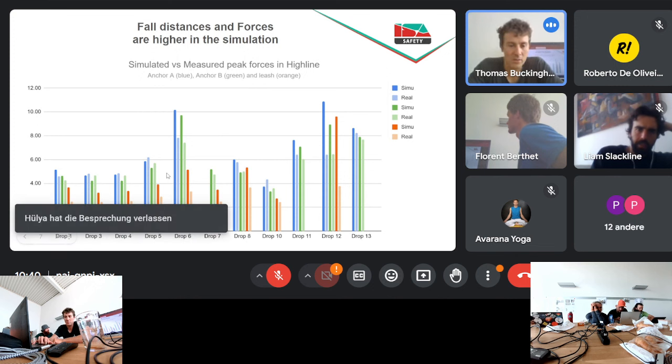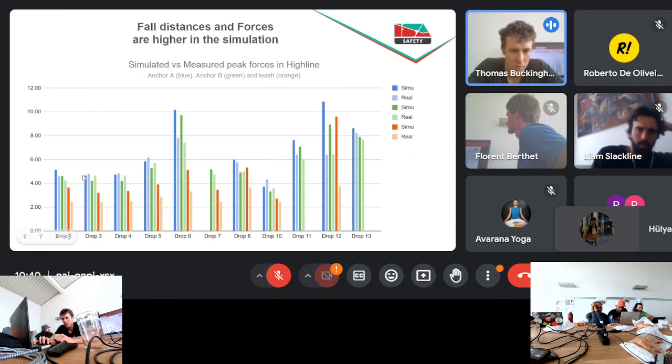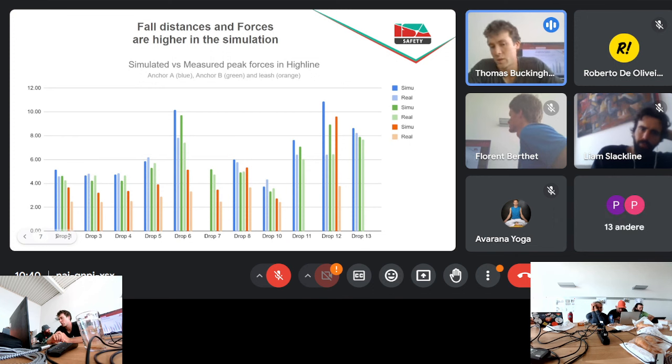You can see that in almost all cases, except for this one and around here, the simulated forces are higher than the recorded forces, but they're always in the same range, except for some of these. This shows a bit the limit of the simulator.